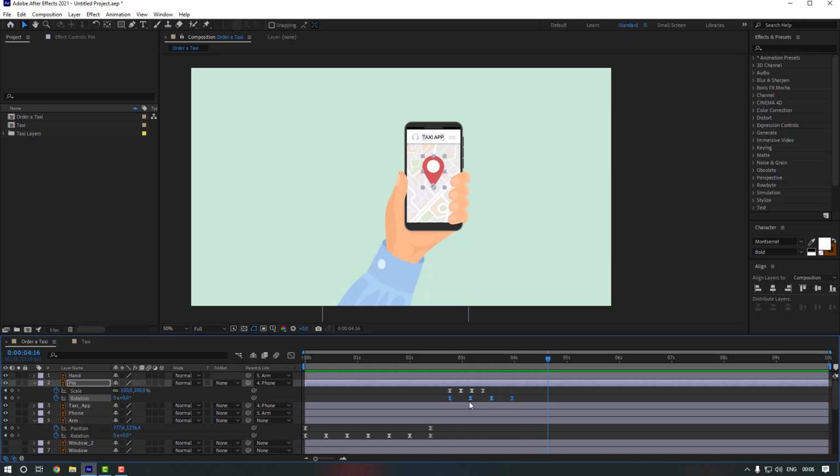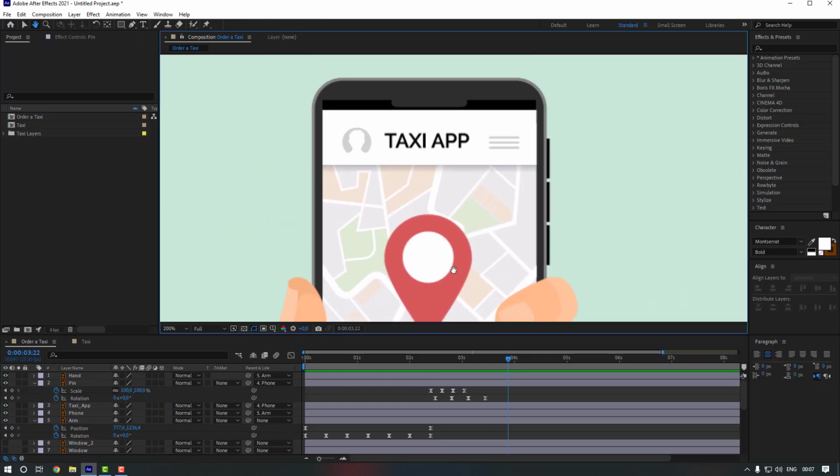Okay, select keyframes and hold Alt. Let's move them to the left and move them to the right. Let's see. Okay, select keyframes and let's move them to the left for the timing. Nice. Also, let's go to text tool and let's type here